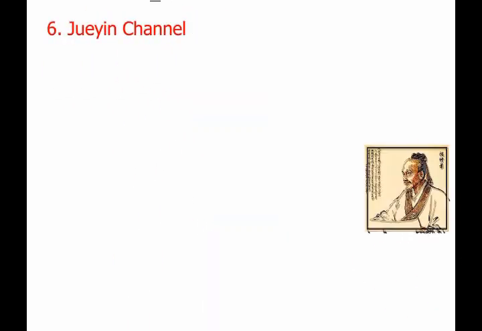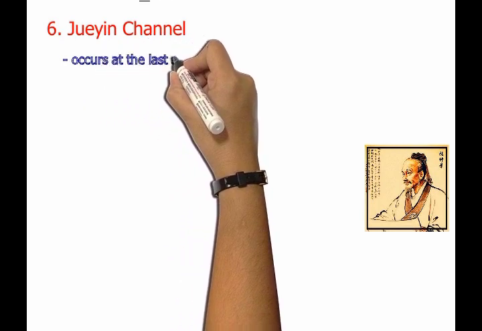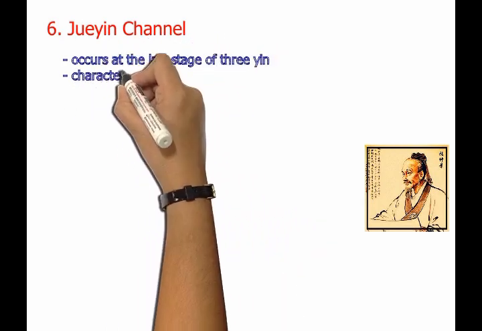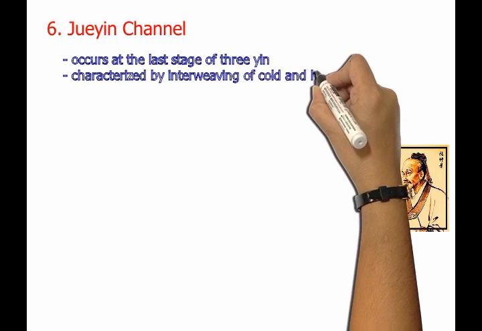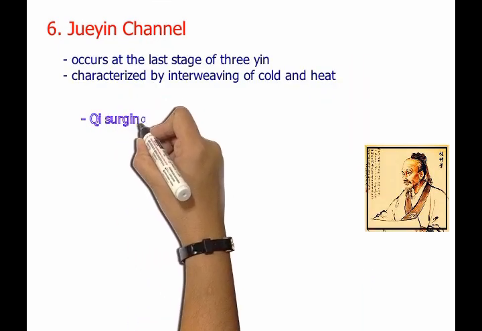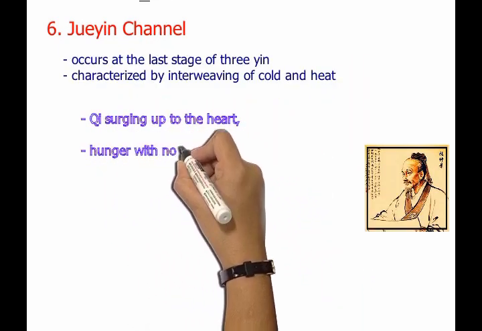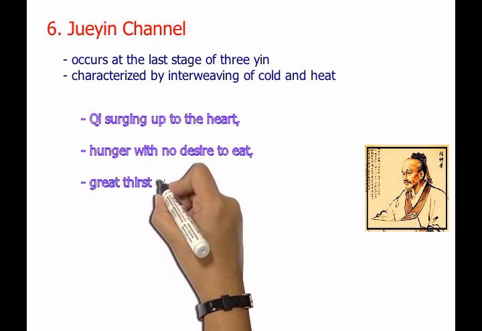Last stage, Jueyin channel, characterized by interweaving of cold and heat. Main signs and symptoms are qi surging up to the heart, hunger with no desire to eat, and great thirst